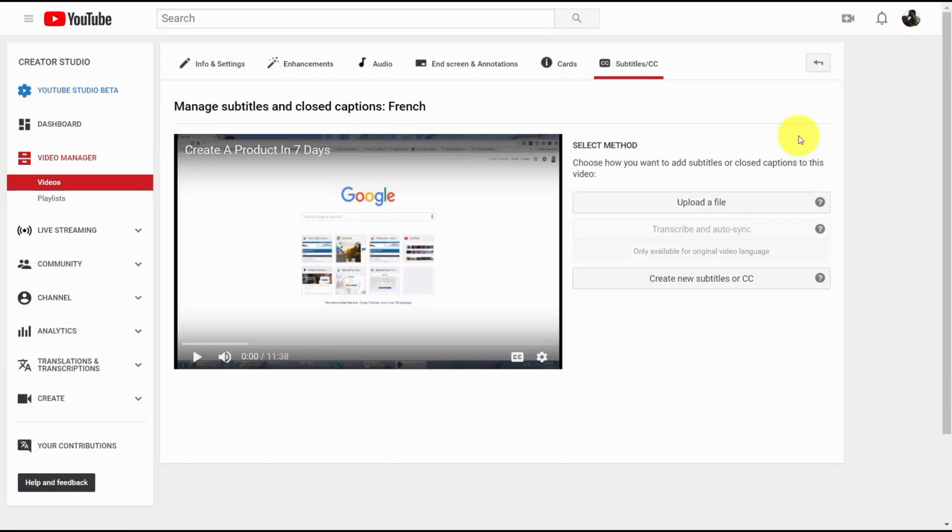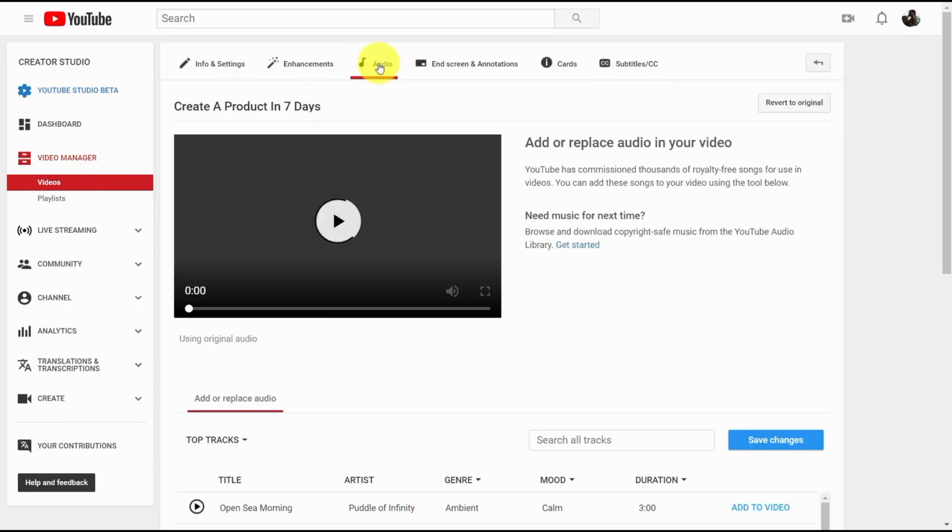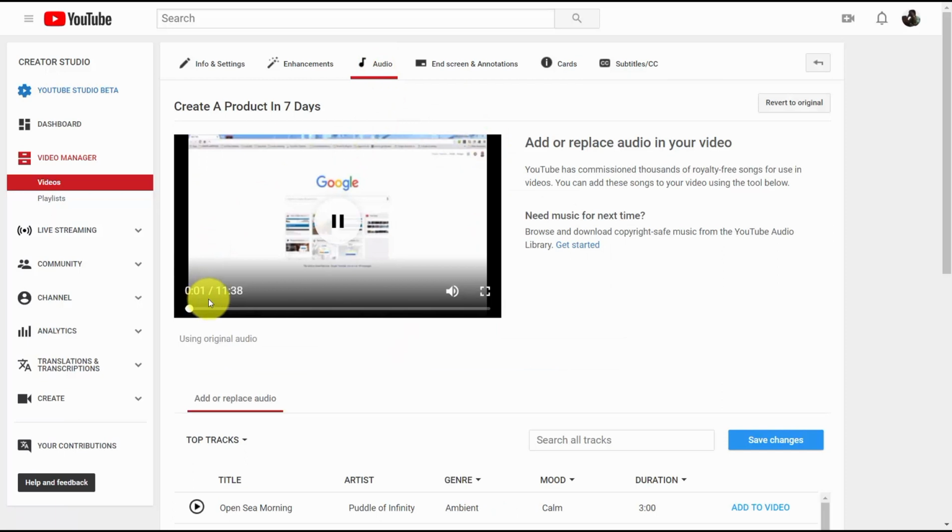Now, depending on what your live stream is and what you're trying to do, another part of the post-production process may be to add music. And you can do that inside of your video editing screen by going to this link that says audio. When you do that, you're going to notice that you can add or replace audio inside of your video. Now, you're not going to be able to add anything from your personal computer to your existing video,